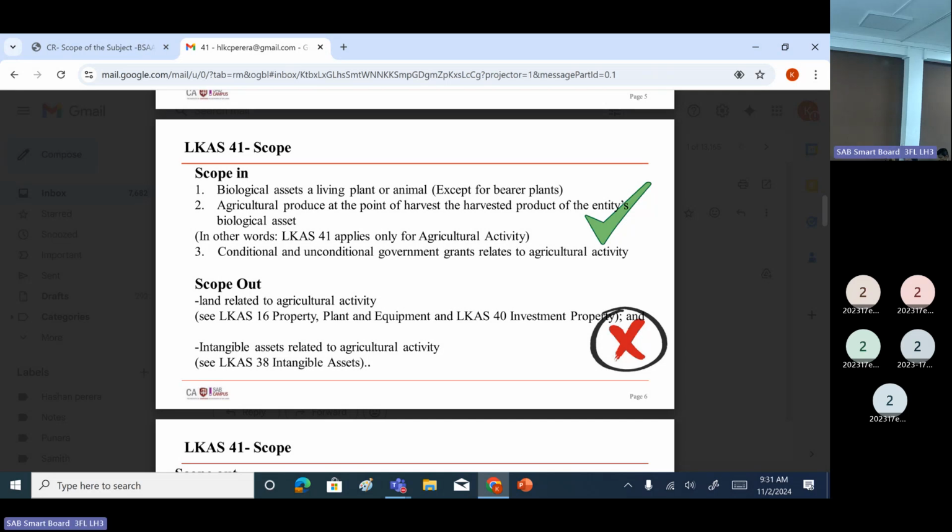So a party who are giving kind of a donation or support to some other business entities, we can consider as a government. So in the agricultural sector, some government-related entities, some NGOs or foreign entities may give supports, financial supports. Those financial supports,